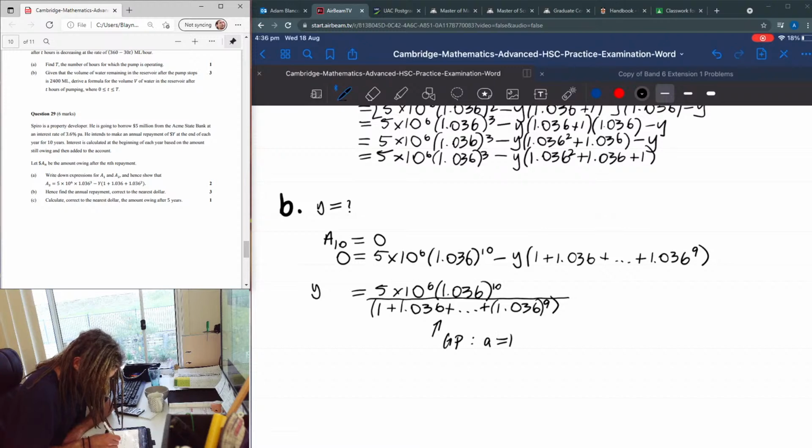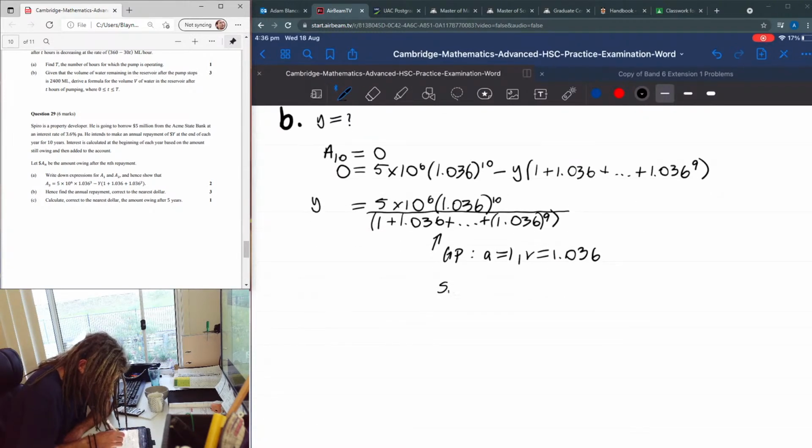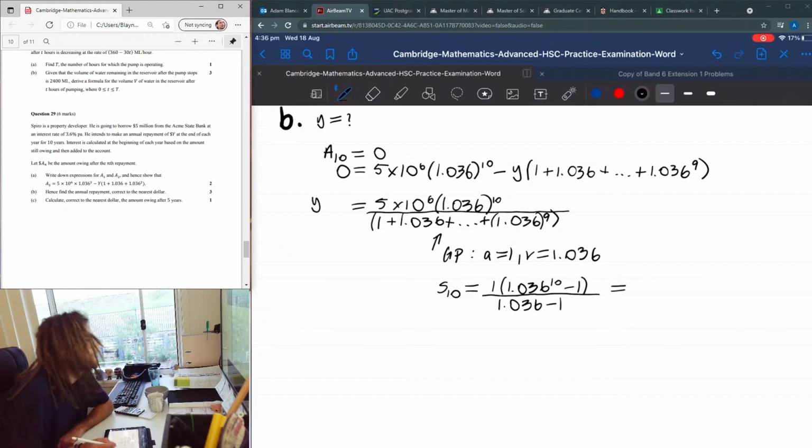A is 1, R is 1.036. So the sum of the first 10 terms is going to be A outside of R to the power of n minus 1, over 1.036 minus 1. That's also on your reference sheet. That's equal to